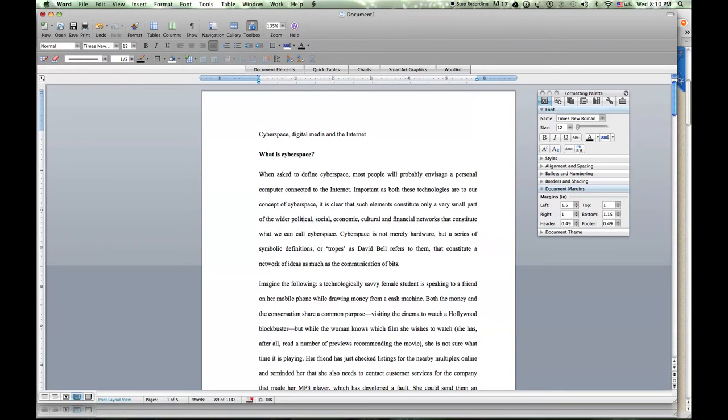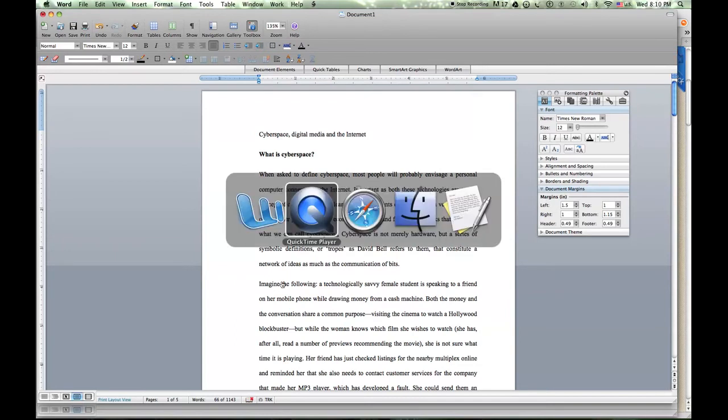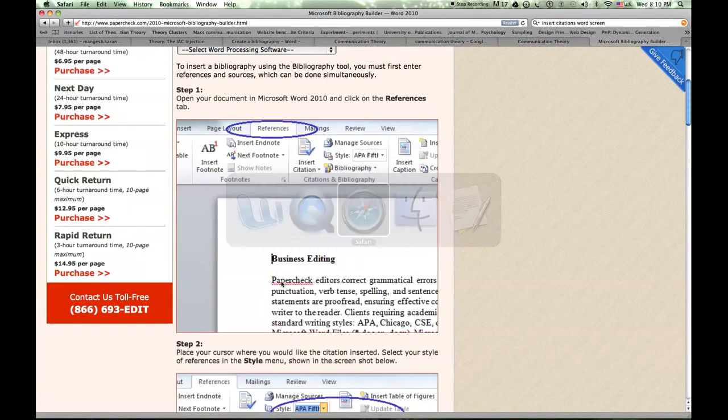You go to the end of the line where you need to add a reference. Add a space. Now in the Windows version of your Word, you could probably get this screen. In the References tab, you need to go to this part and insert citation.